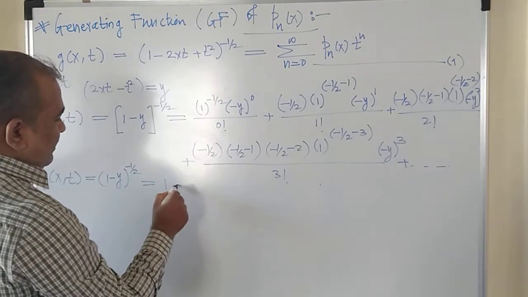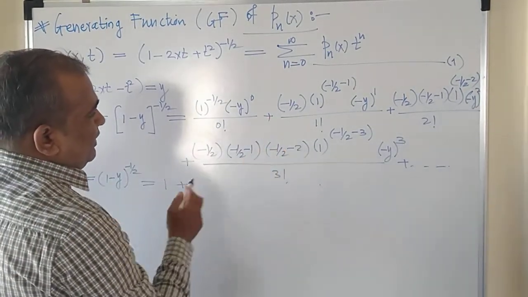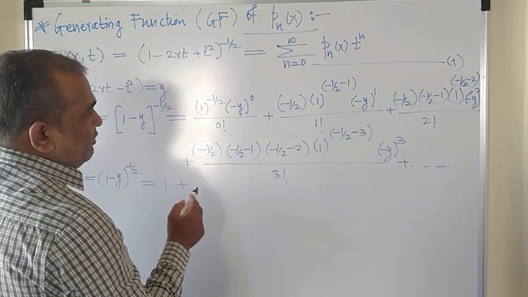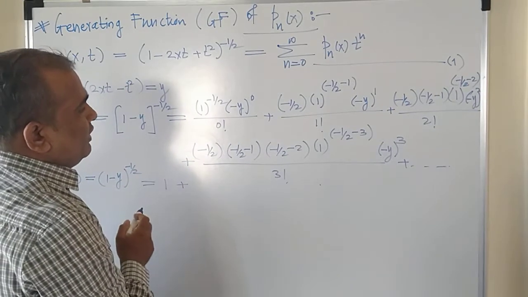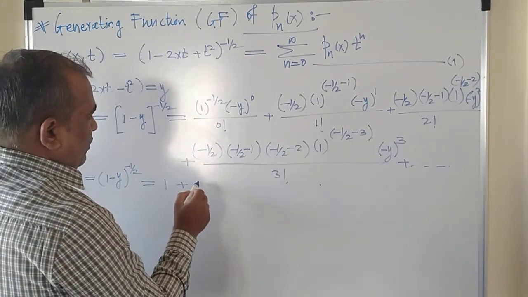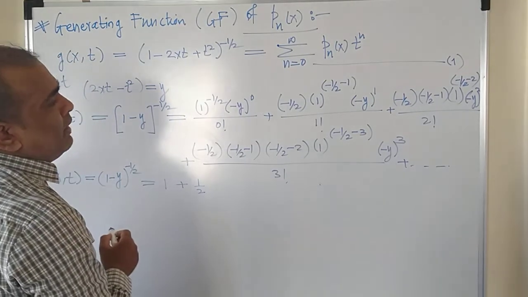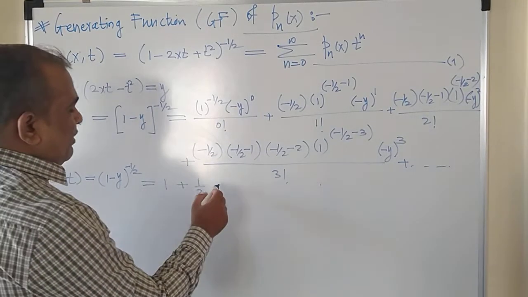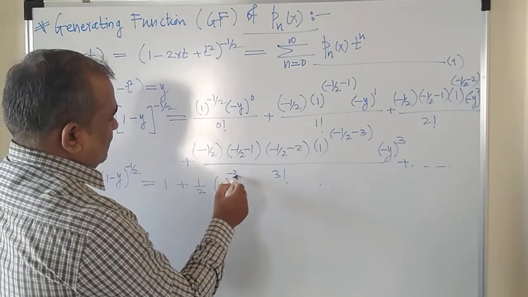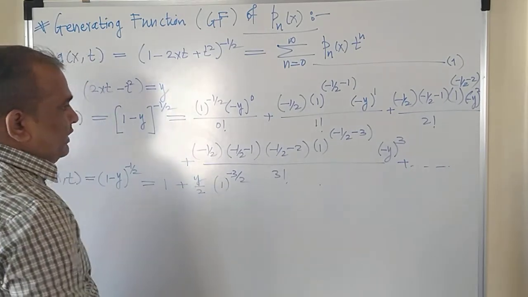So the first term you will get is 1 plus minus half, the denominator you are having is 1 factorial, that means 1 only. This minus half and this minus y will be plus, so 1/2 times 1 raised to power minus half minus 1, which is equal to minus 3 by 2, right? So 1 raised to power minus 3 by 2